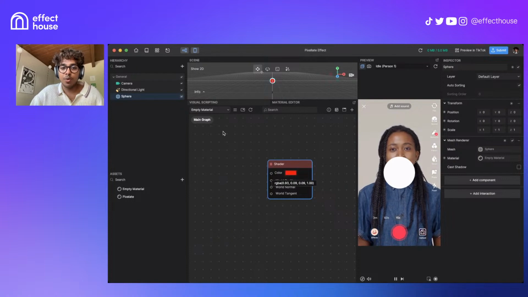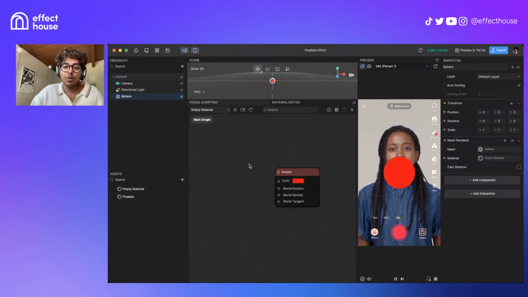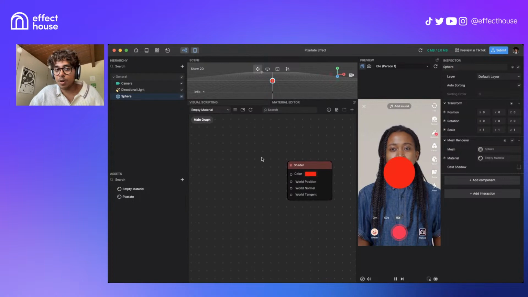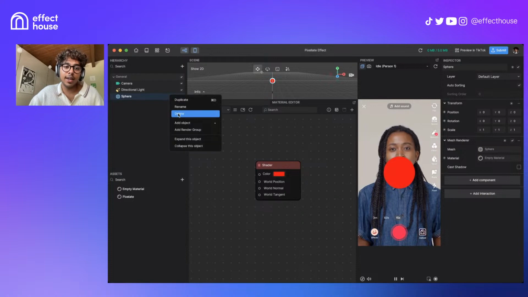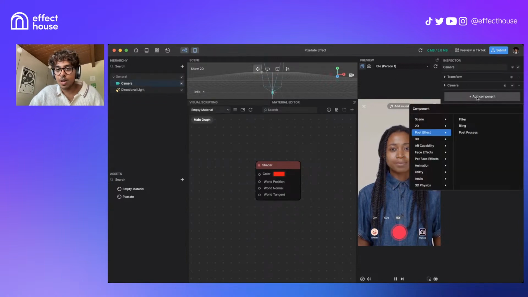So this is what I mean, where you can create a custom material and then you can essentially output that to 3D objects as well. If we wanted to add shading, we could add our standard PBR node and connect that. And this is what it looks like if you were to add this material to a 3D object. But if we were to go back and add this to the camera view, you can see